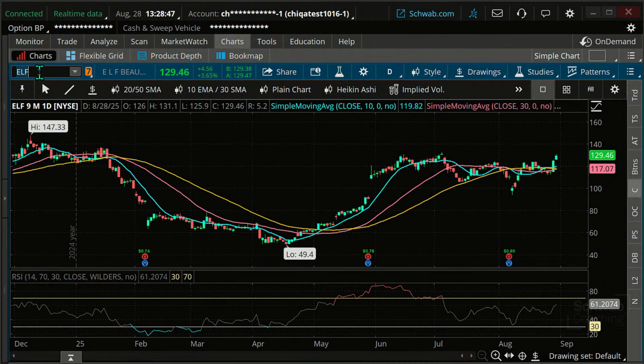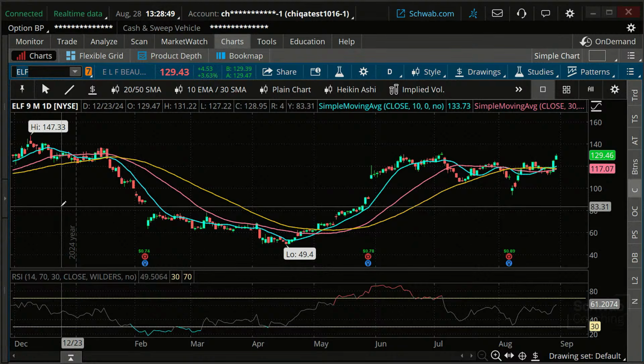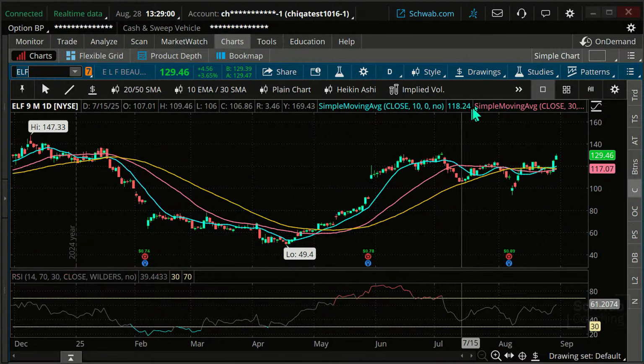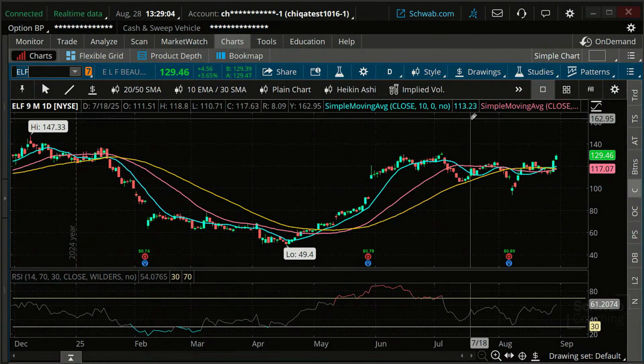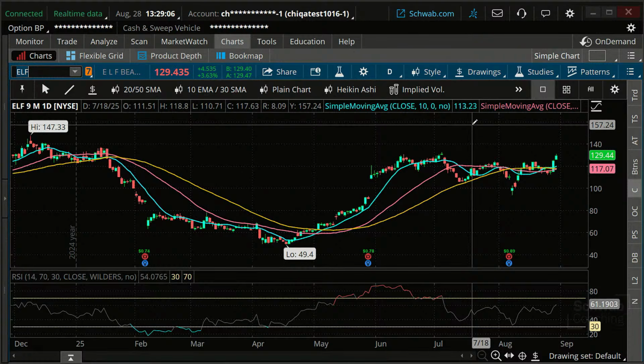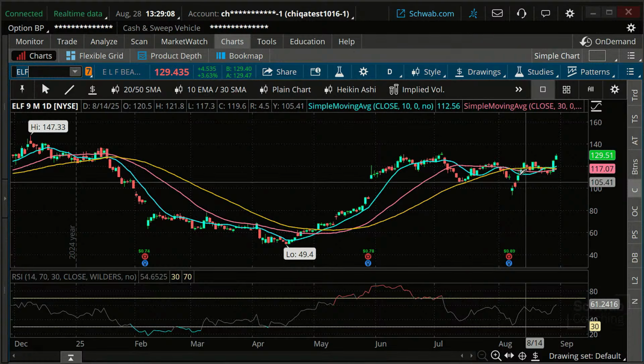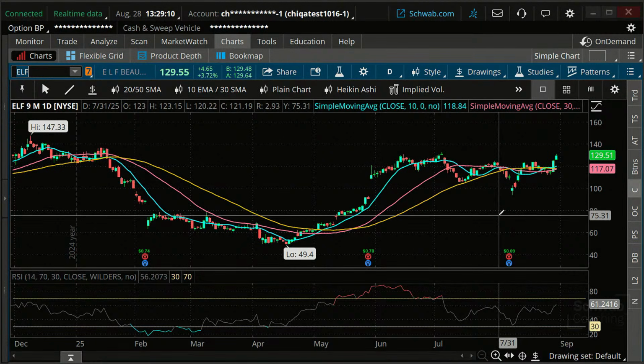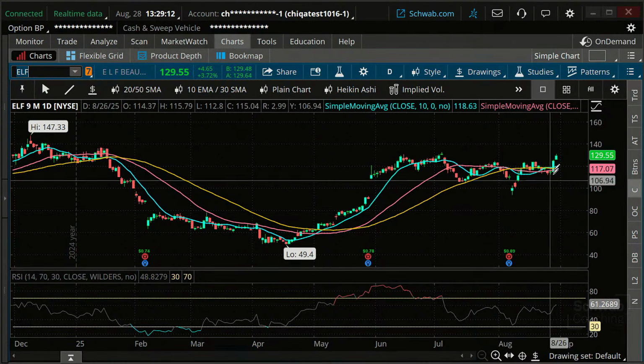So let's go here. Here's Elf Beauty. This is kind of a popular one that is not an S&P. I'm not sure if it's an S&P 500 stock or not, but it's a bigger company and it's a cosmetics type company. And here we go.